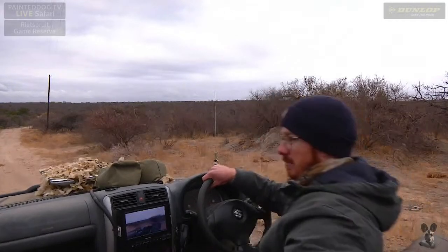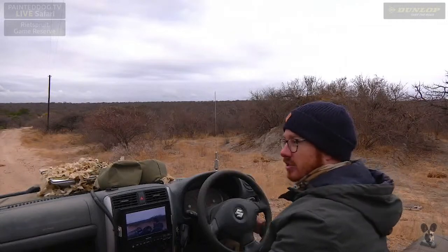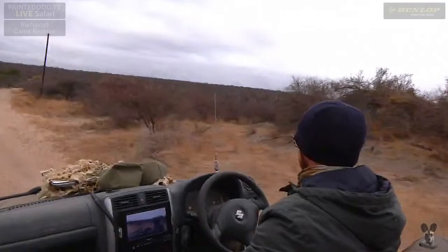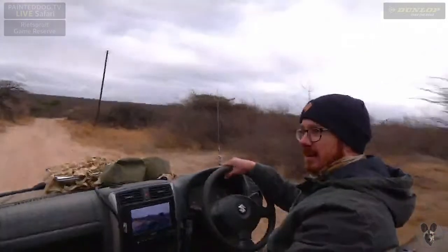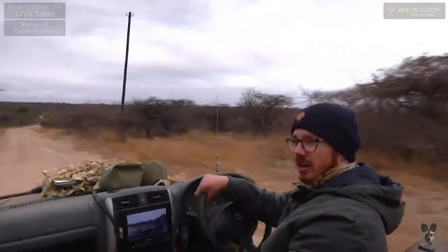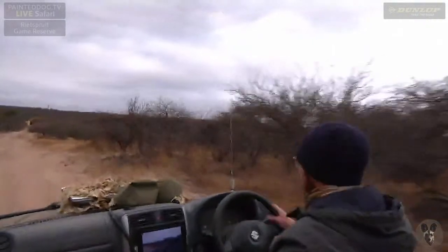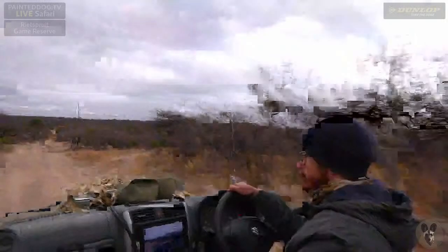So that duiker was hiding behind that termite mound that we focused on just now, trying to get away from the wind, as it is a cold day here on the Rietspruit. It would have been a nice way to start off the drive, showing you that the duiker was hiding away from the wind, but nonetheless that's how it goes when you're watching wildlife out here sometimes. It was going to be a nice introduction because